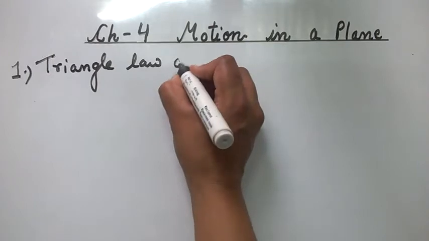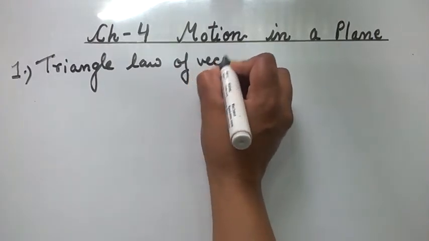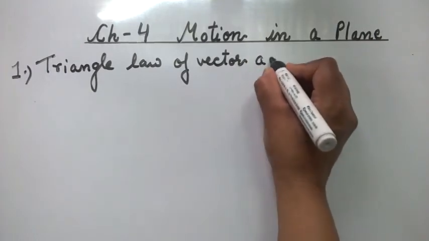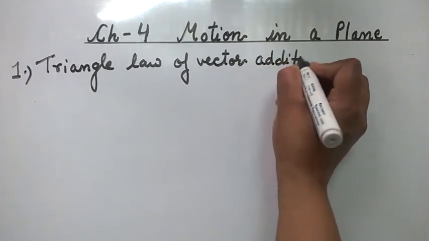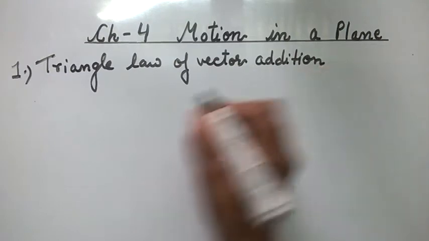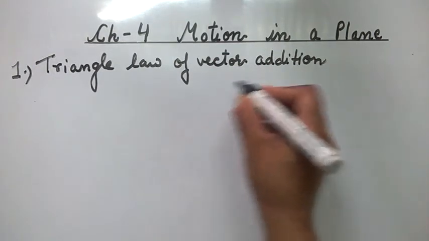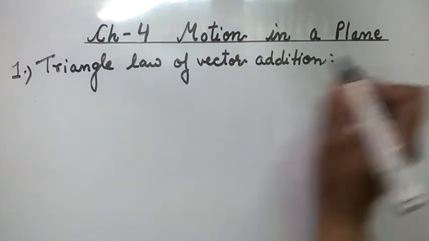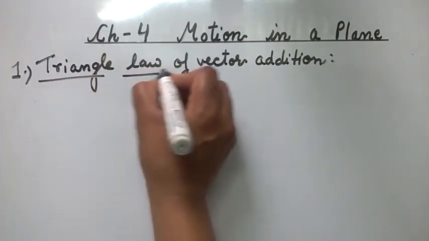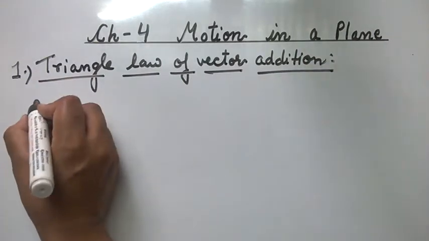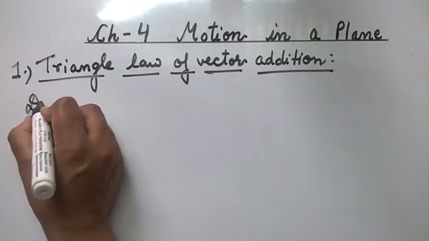In triangle law of vector addition, we will consider two vectors. We will add two vectors as the two sides of a triangle, and the third side will represent the resultant of these two vectors. In triangle law of vector addition, we take two vectors in the same order. Its definition is